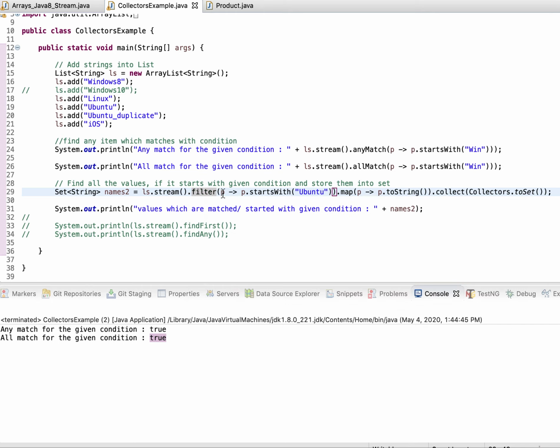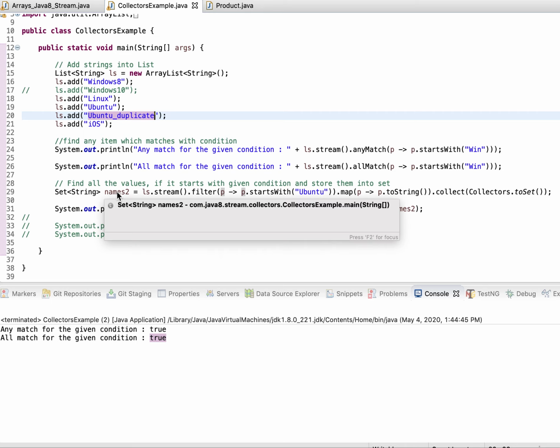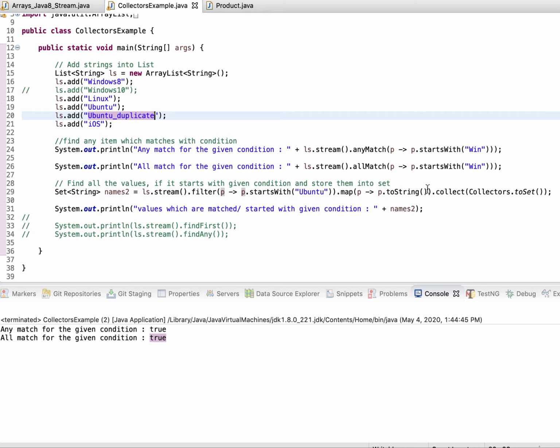Filter p startsWith Ubuntu, which means only items that start with Ubuntu will get filtered. In our scenario, we have Ubuntu and Ubuntu duplicate. Only two items are matched, so only those two items will be filtered. And then we need to use a map to store them into a set. Because these are string types, Set of String, just give it some name.